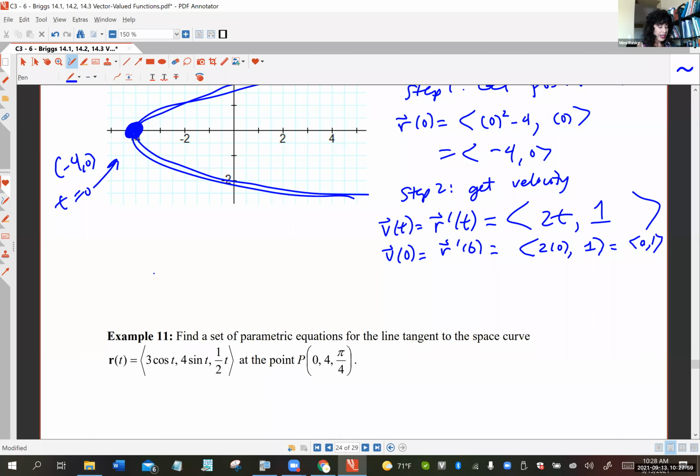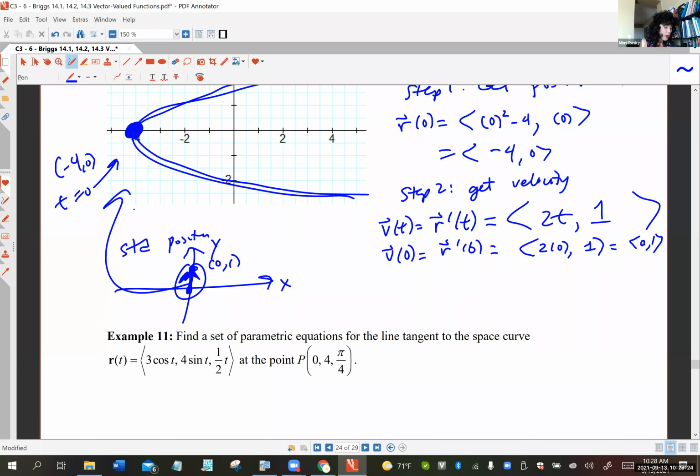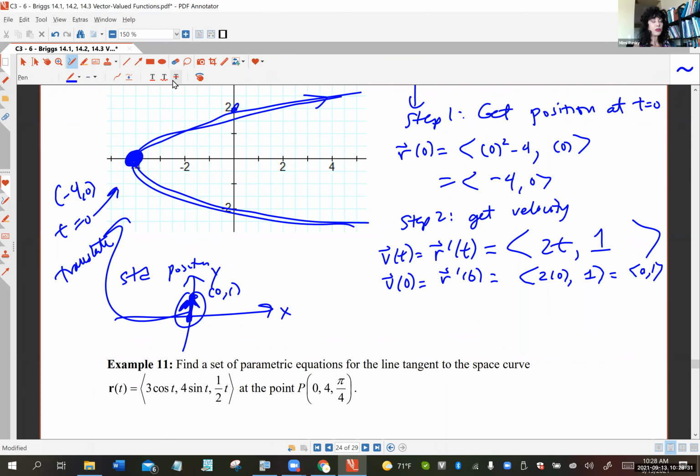You've got to be careful. In standard position, the vector 0, 1 would be located where? Well, first I would find the point 0, 1, which I believe is on the y-axis. And then I would draw a vector starting at the origin where its tip ends up at the point 0, 1. Now, this is not where I want the vector on my graph. What I need to do is translate this cute little vector that's pointing up and move it to the point where it's associated with,